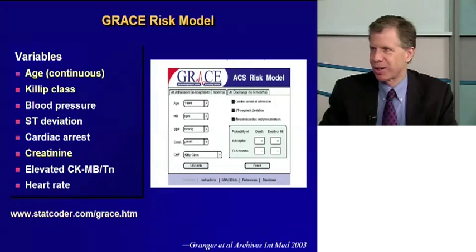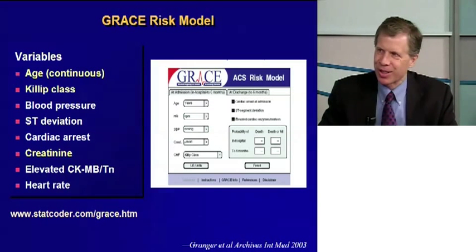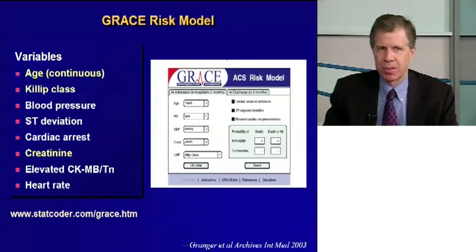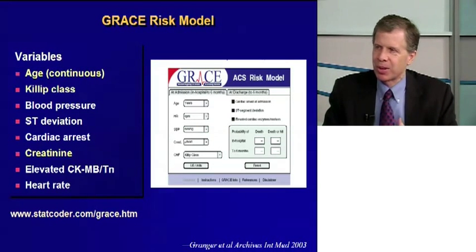But when we look at quantitative risk stratification, diabetes doesn't come in as a major factor. For example, in our GRACE risk model, diabetes is not one of the key factors that relates to risk. It is in the TIMI risk score as one of the 3 risk factors for coronary disease that comes into that, but it's a relatively modest impact in the context of other factors. But these relate to diabetes. For example, diabetes is much more common in older populations, so age is a key factor. Killip class, patients with diabetes are more likely to present in heart failure with their acute coronary syndrome and certainly